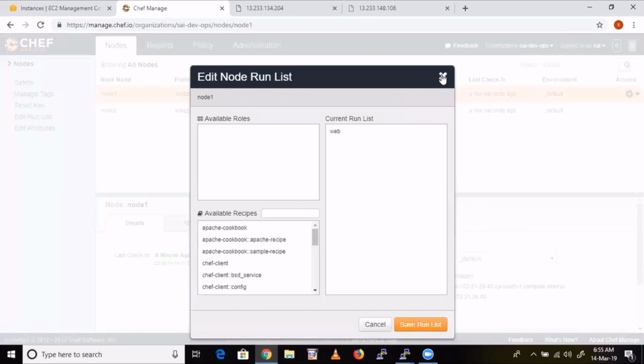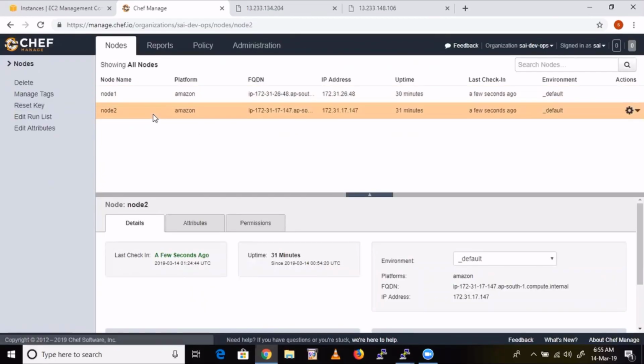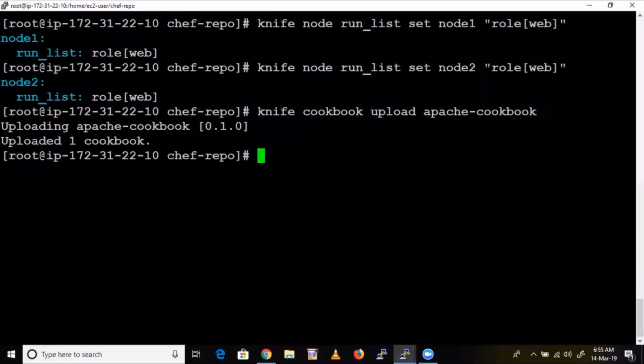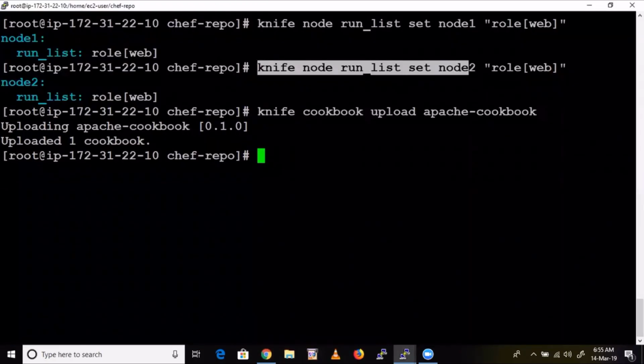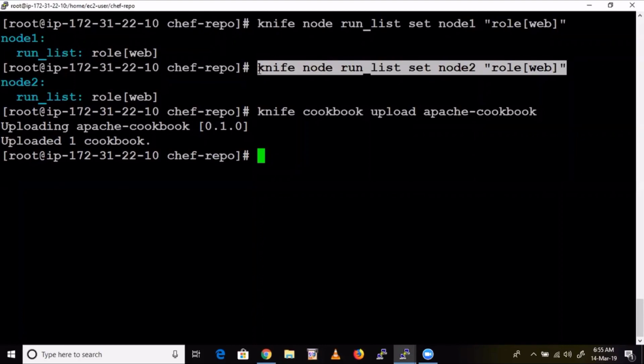Oh, sorry, it hasn't attached. Oh my god, small mistake. Not a mistake. See, we ran this command, knife node run list set. It didn't execute properly.